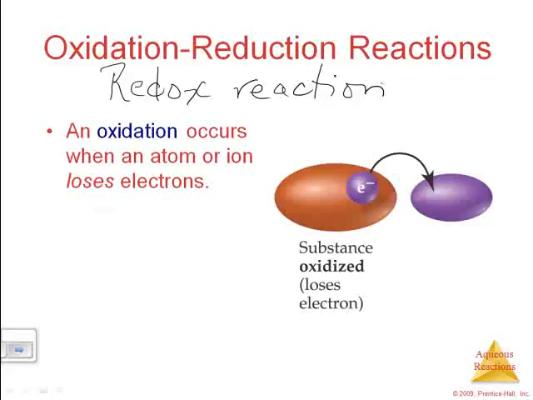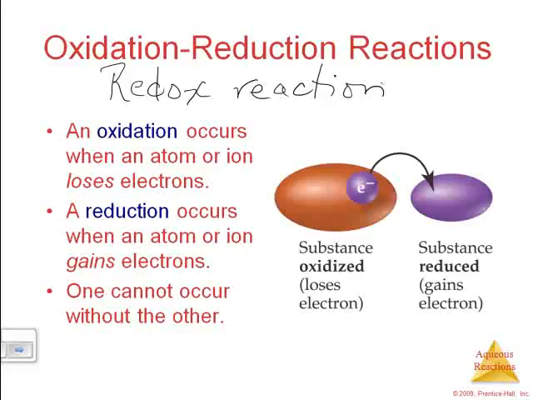But anyway. Alright, oxidation occurs when an atom or an ion loses electrons. Reduction occurs when an atom or ion gains electrons. In order to have one, you must have the other. Now, it's important to remember what oxidation and reduction stand for. We have two